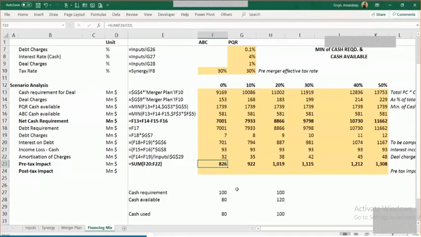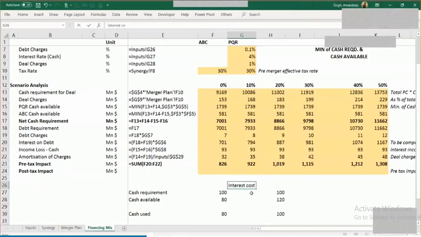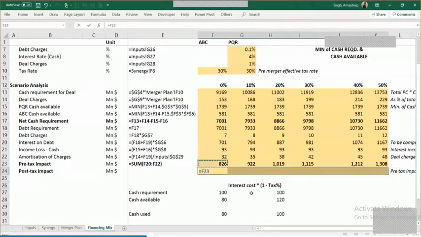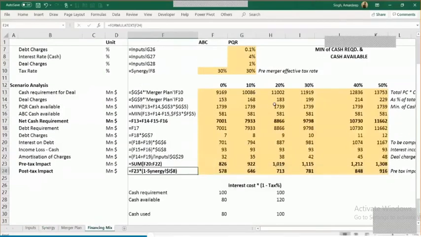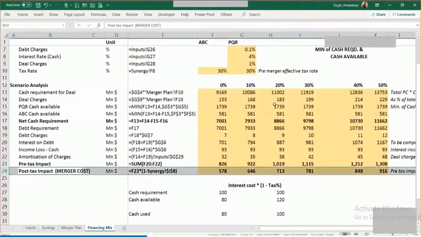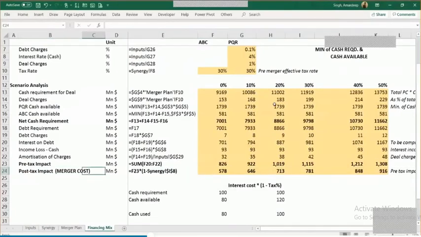Like in the valuation, I talked about this, that it was cost into 1 minus tax rate. This is what we discussed here. That's exactly what we're going to do here, that we will take this into 1 minus tax rate. So what's the tax rate? Let's go back to the synergy, and the tax rate is given here as 30%. I'm going to pull it from here. That gives me the final merger cost. So this is basically the merger cost, which I have to capture. This is the real merger cost which is hitting you for executing this.